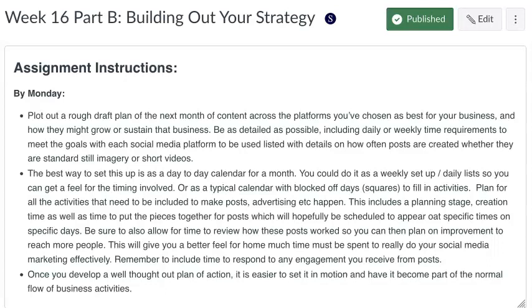And then you need to go back and research what kind of data was collected from the content you sent out, and what you can learn from it. And then you adjust. So maybe you do the data analysis at the end of the month, so you know how to adjust your schedule for the next month. But once you put that time in to develop some plan of action, it's going to be easier to start it in motion and then have it become part of what you do to get your business going. It becomes a normal part of the business activities that you have.